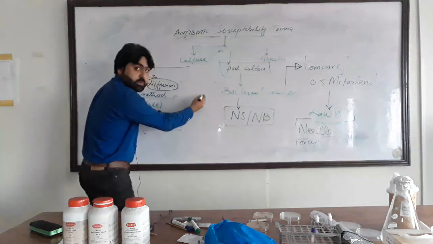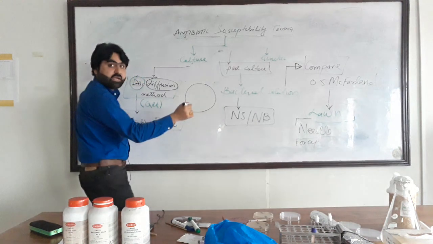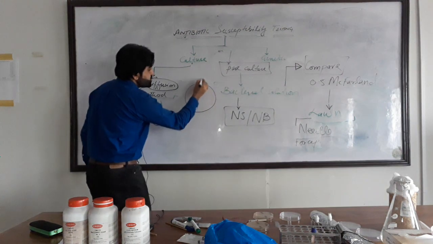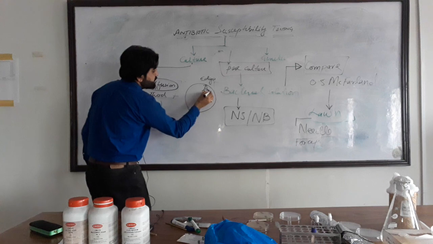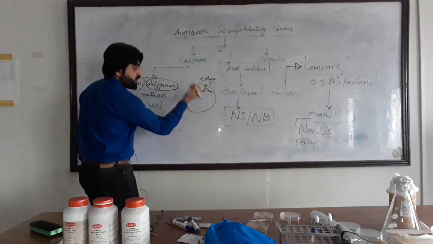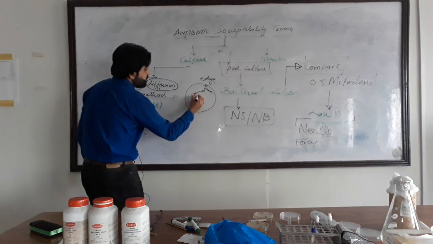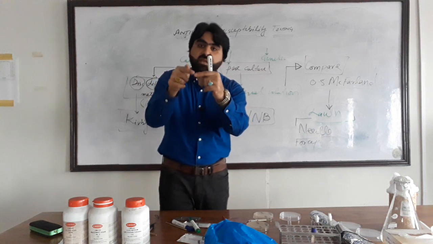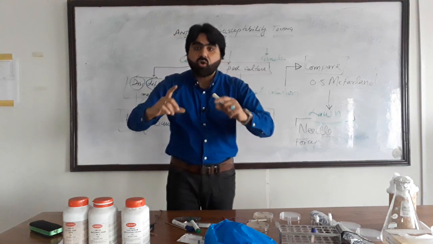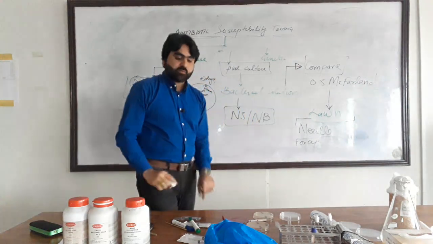I would like to draw here. If this is the plate and you are going to place antibiotic, the distance from the edge of the plate to the antibiotic should be 15 millimeter. And then you will place another antibiotic disc here. So, this distance should be 20 millimeter. The antibiotic discs should be 20 millimeter apart from each other and 15 millimeter apart from the edge of the plate in order to get a proper zone of the antibiotic, if present, on the next day.